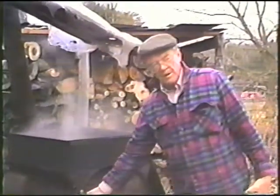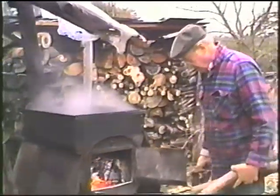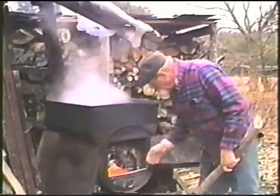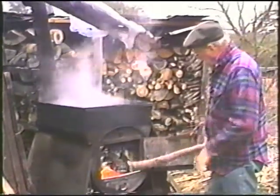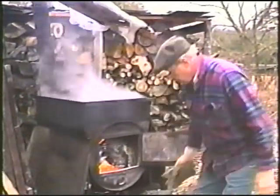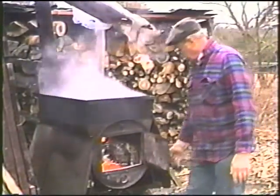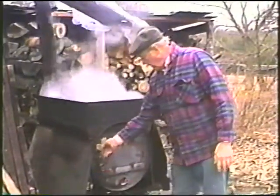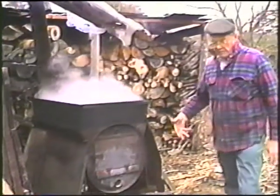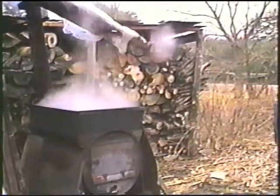This is the evaporator, which means it's just a stove, and in this case, it burns wood. And I'm burning some old junk wood I got around. Actually, that's pine that was cut a year or so ago, dried out. On top is the evaporator. Can you get a good picture of that? Yeah. If you want to come over to it,